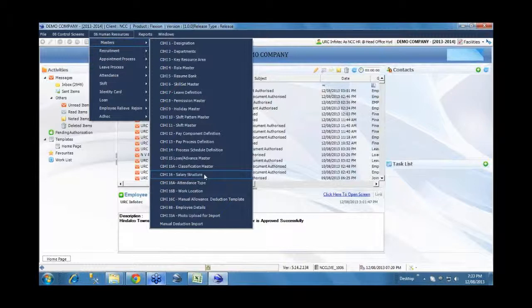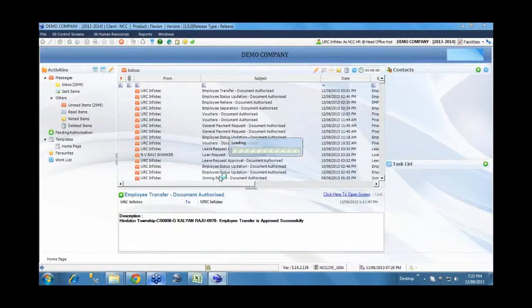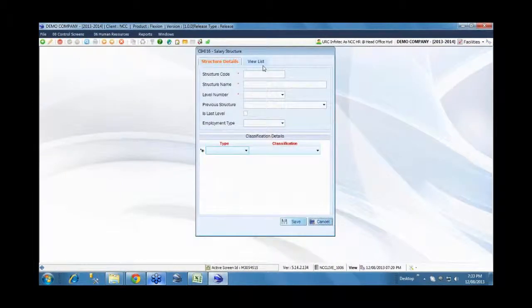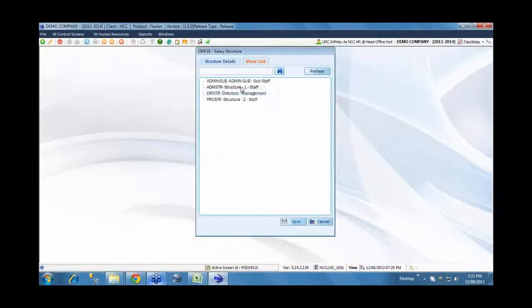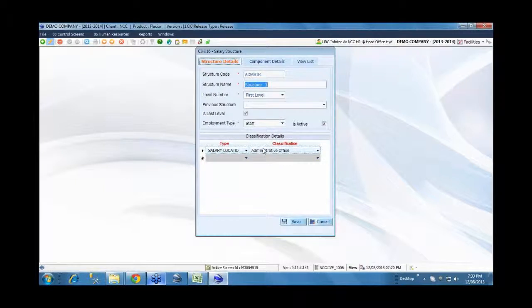The next step is to define the various salary structures. You have defined all the components, and not all the components will be relevant for all grades. So you can have an individual salary structure with certain allowances and deductions applicable for different grades, defined as an individual structure. You can see here the one for the directors, another for the admin staff, another for the supervisors, and so on. You can define the salary structure, and say for which type of employee it is applicable, and the various components which are part of this particular salary structure.